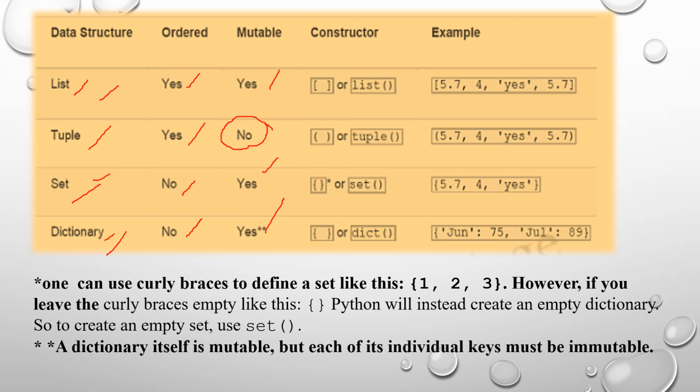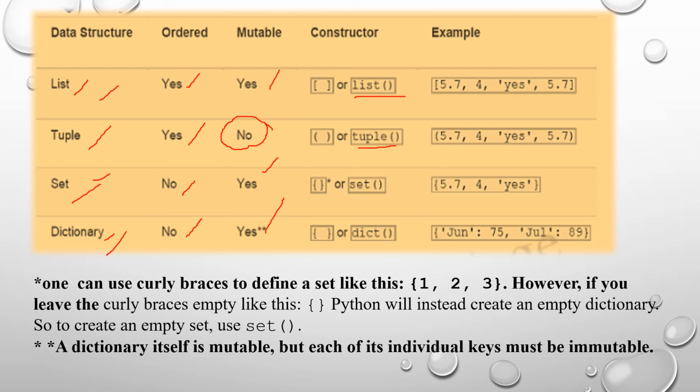We construct a list by using square brackets or the keyword list. We construct a tuple using round brackets or parentheses, or the keyword tuple and parenthesis.